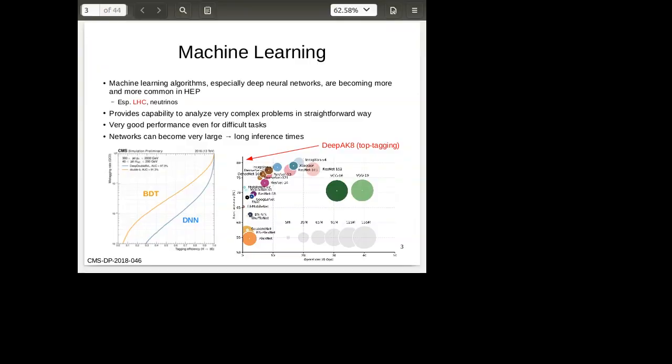T in the curve is a DNN, and you can see that the tagging efficiency for this Higgs-to-BB signal is greatly improved by switching from a more traditional machine learning algorithm like a BDT to a DNN. And machine learning has all sorts of advantages. It provides the ability to analyze really complex problems in a very straightforward and regimented way. And as you can see here, it provides very good performance